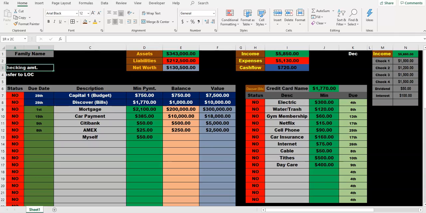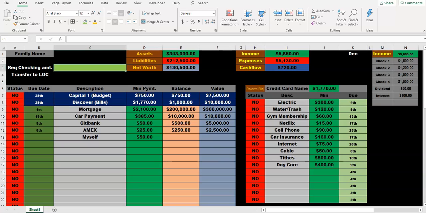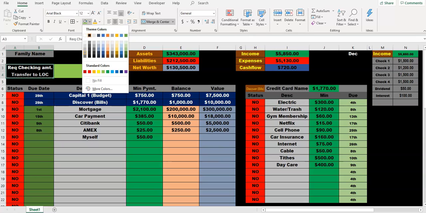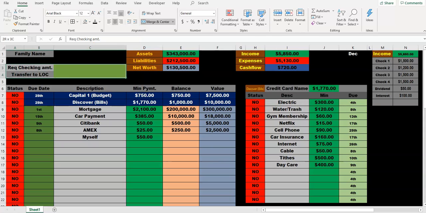So we know how to merge and center this, and let's put, doesn't matter what color, let's do kind of an off green. We'll just do that for both of these. Let's make this gray. Let's go right there, change that to black. Okay, and this field, what this is, and I don't really like how it's touching there, but that's fine. So what this field is,